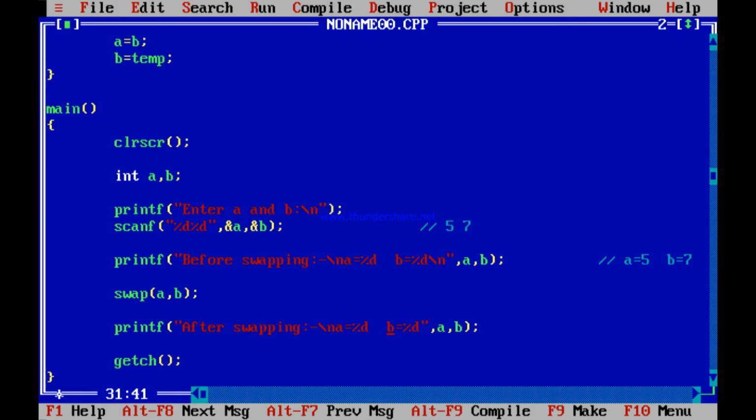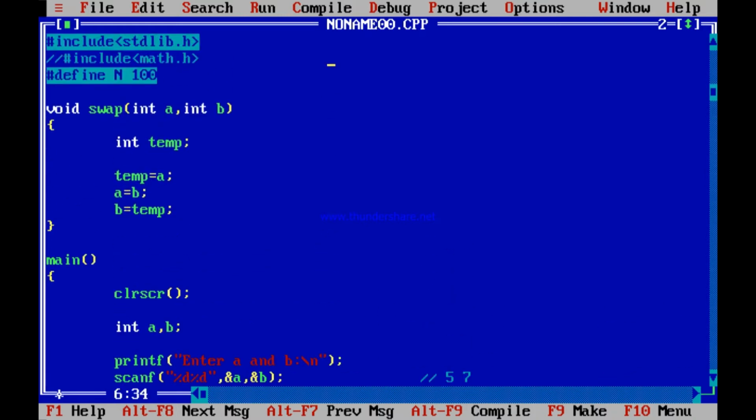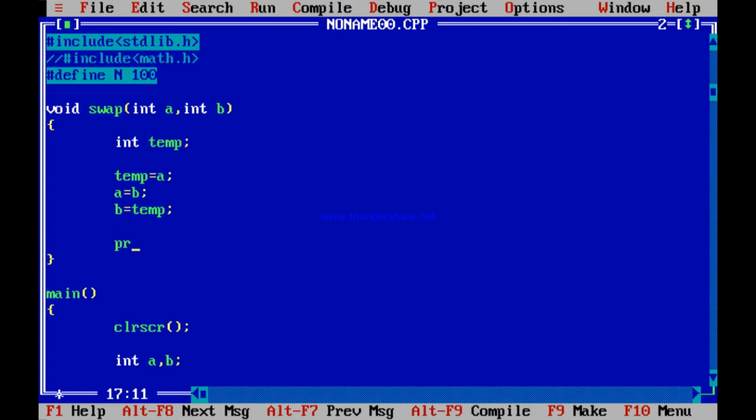No swapping. Why? Over here I have sent a and b. A and b was scanned as 5 and 7. I have printed a and b, so 5 and 7 printed. I have called for swap a b, and after swapping I have printed that a and b, but swapping did not happen. So this piece of code did not work. Let me print over here and see whether it worked. Printf